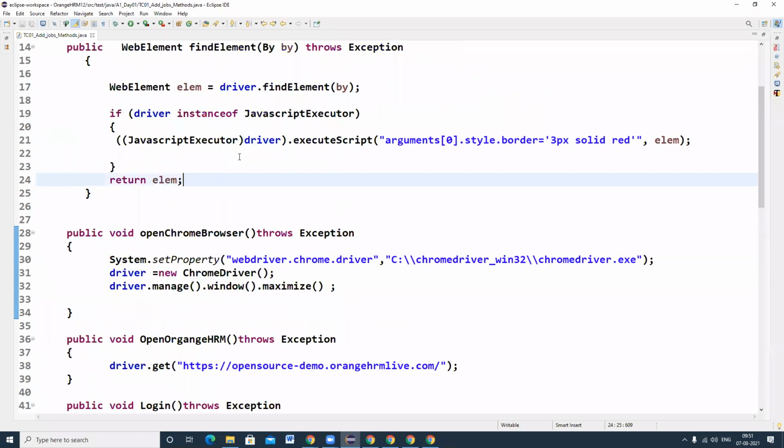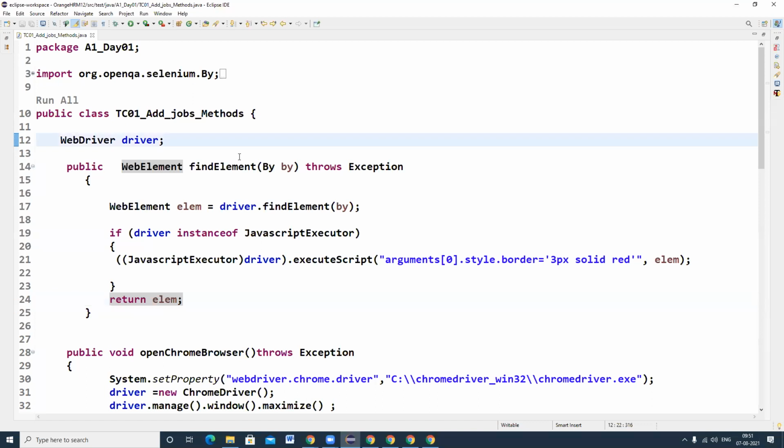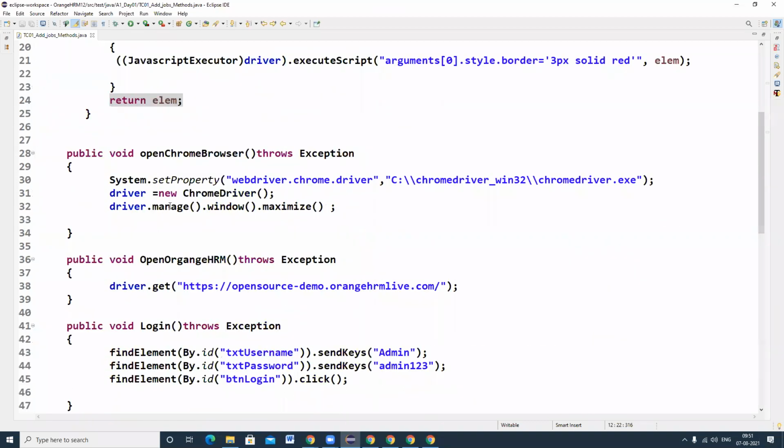So what is the Java concept here? A class can contain n number of methods. In Java, there are two types of methods: static methods and non-static methods. If you write a method as public static, we can call that method a static method. But if you don't write the static keyword, we call that method a non-static method.